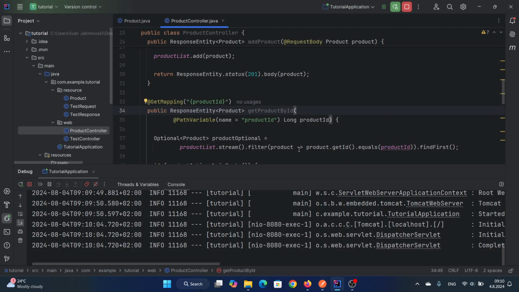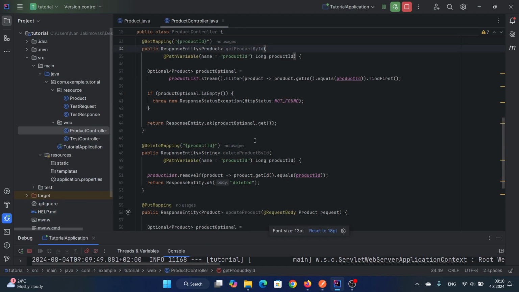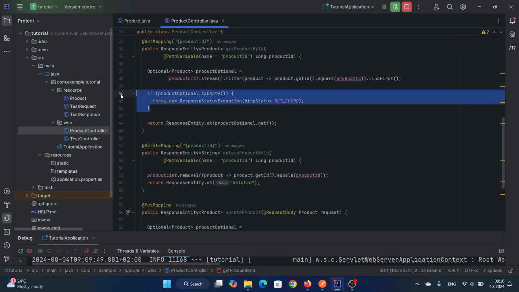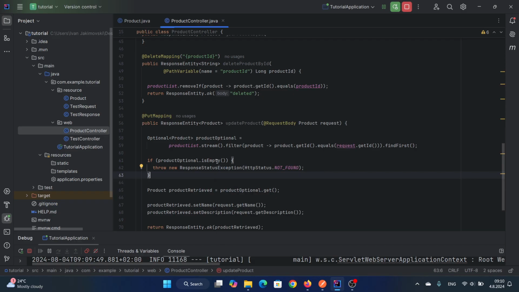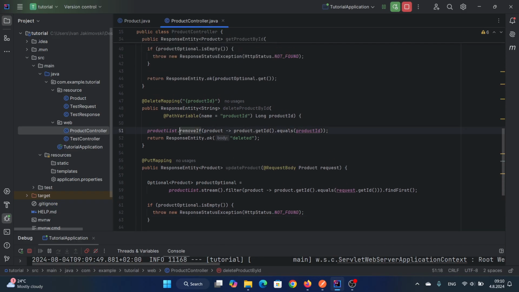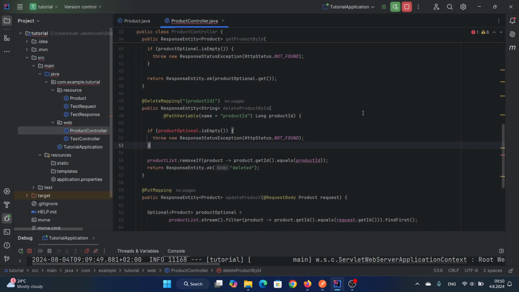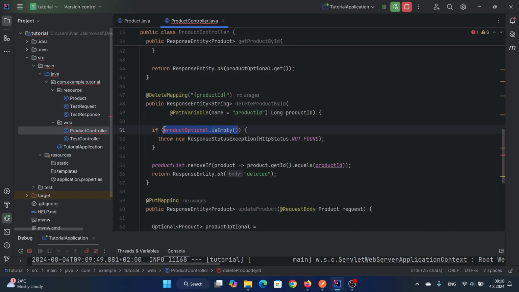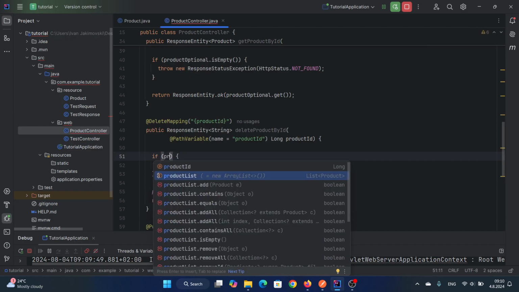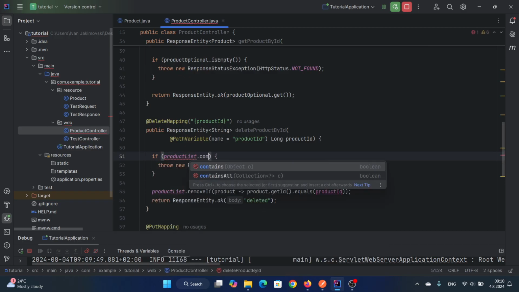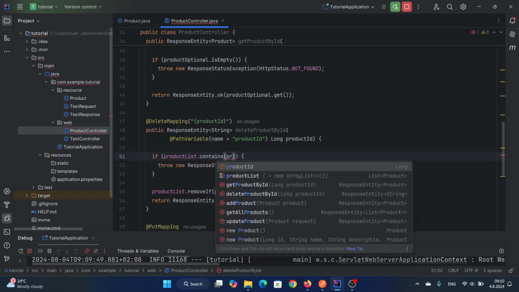So we can do the same for the other methods where we are doing search by ID. So I could take this conditional and I can use it here on the update product. So before getting the optional, I can do that check. And right here, also I can do the same thing right over here. But here we can do the check a little differently. I could, for example, check if the product list dot contains product,